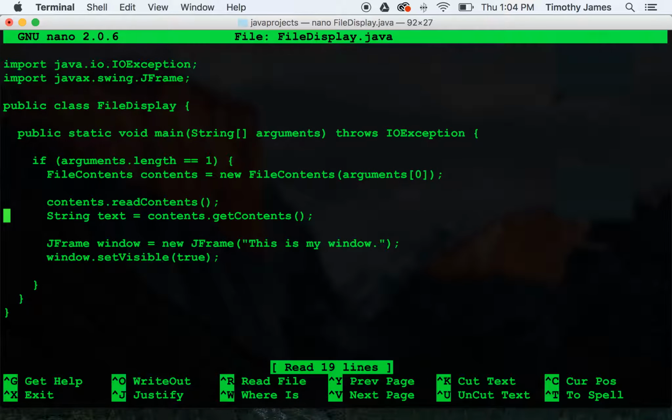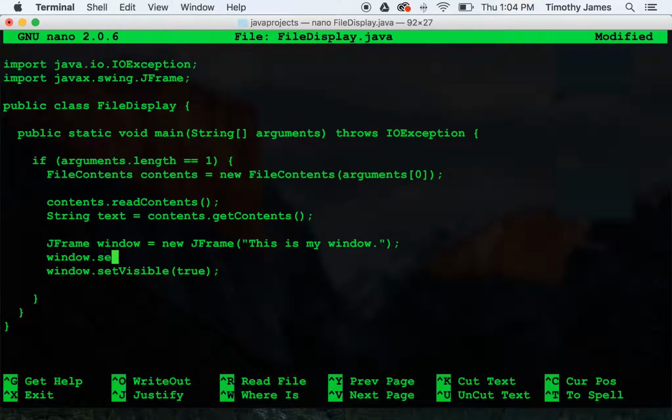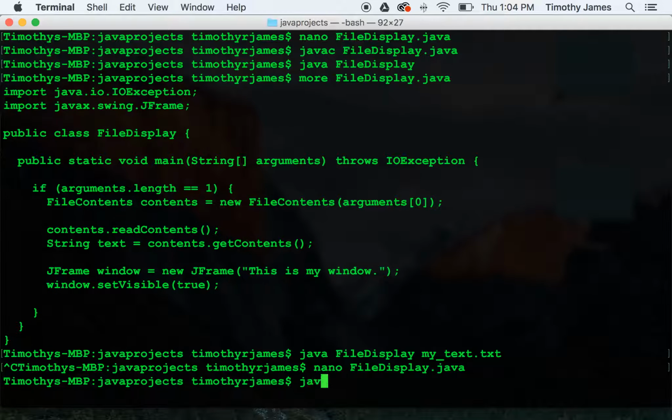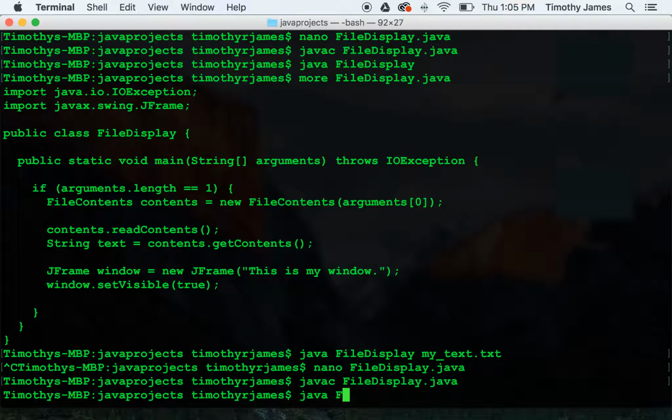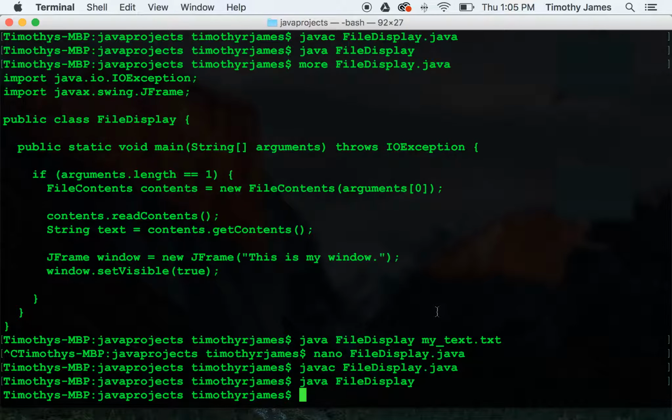We're going to need to do a few things. Let's go ahead and set our window's size. So I'm going to call window.setSize, and we'll make it 600 pixels wide and 400 pixels high. And now if I compile javac Display.java, java Display,